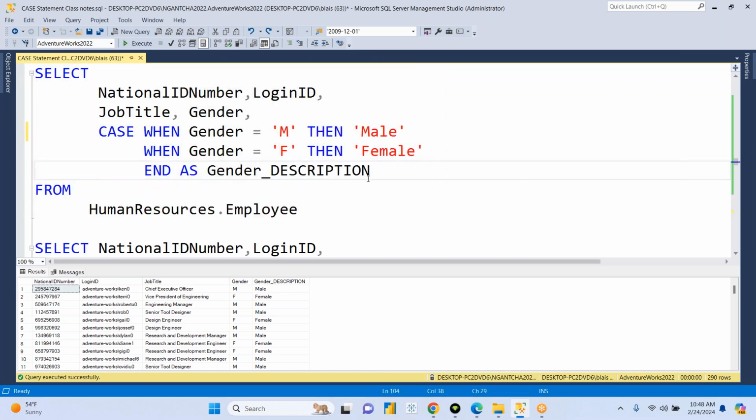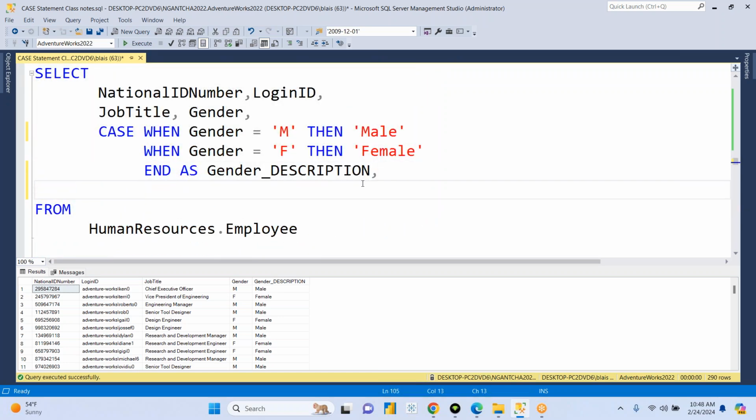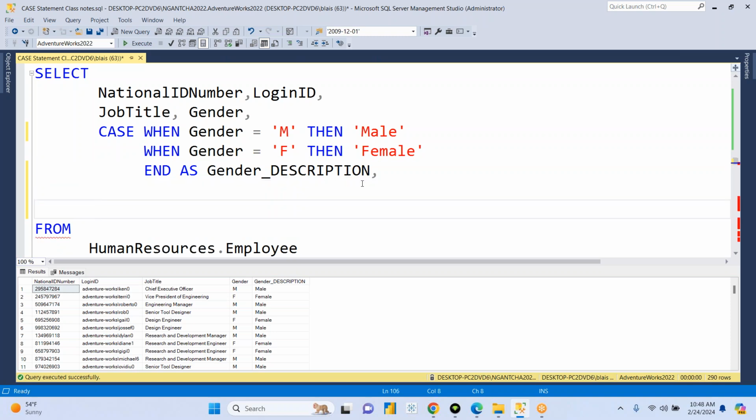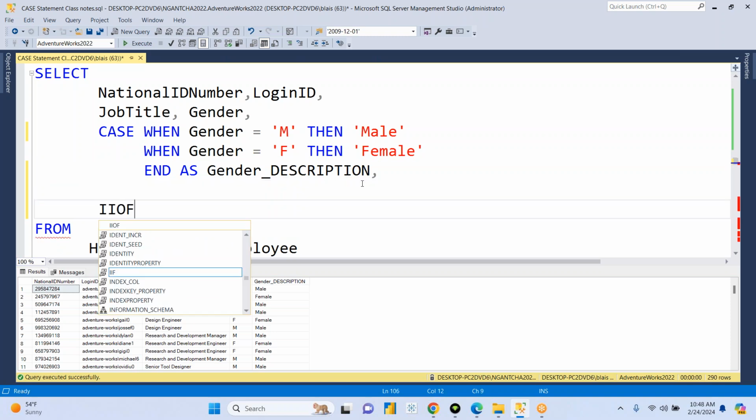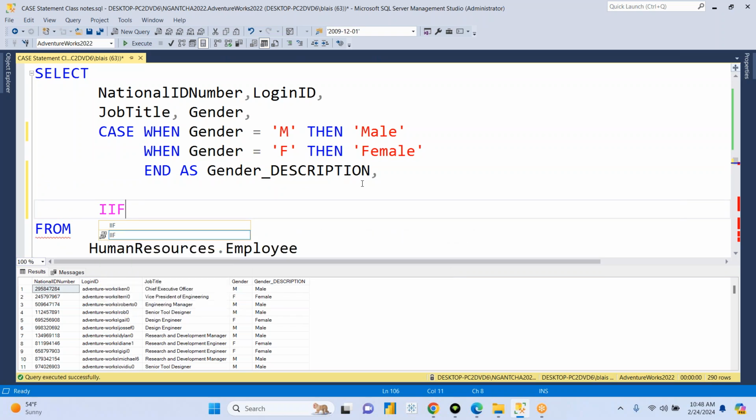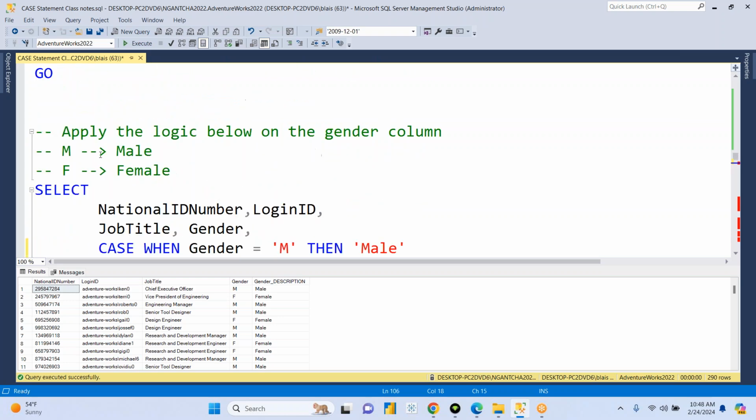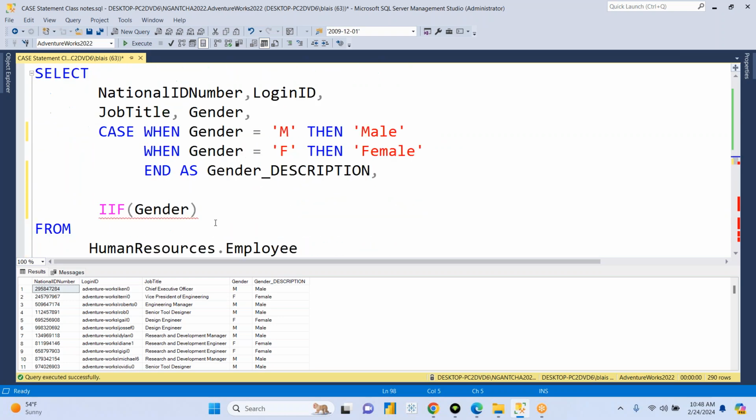Right? Maybe I just put a comma right here and just state what we will get if we went through the IIF function. So if I want to use the IIF function, I'll just put it next to each other. The IIF function takes a simple condition. We are evaluating gender. Then you decide gender is what? Either M or F. If you want to begin with M, if gender equal to M,